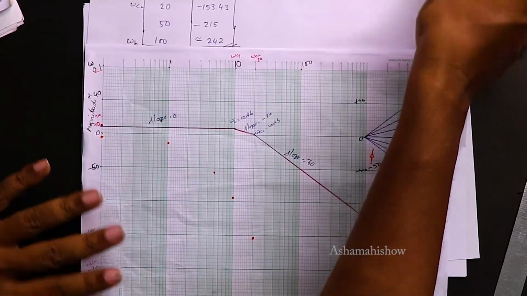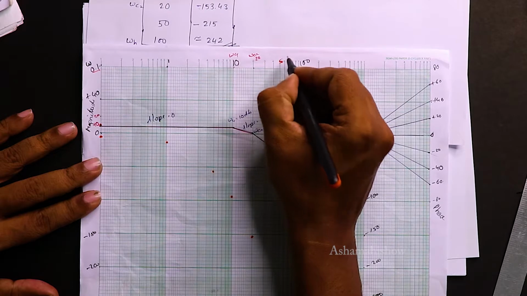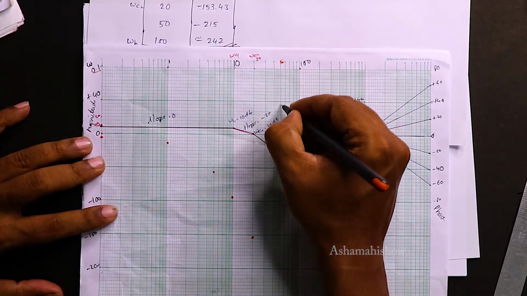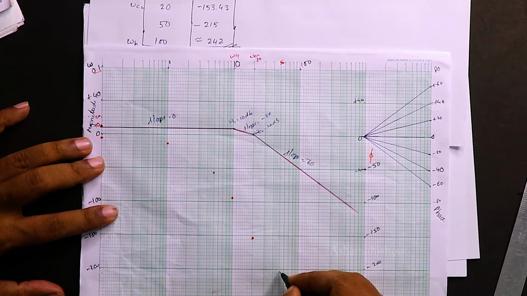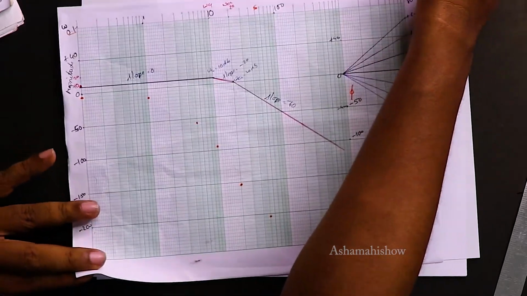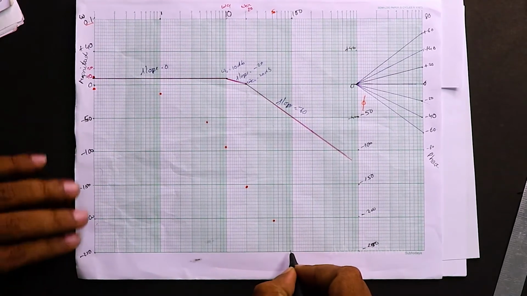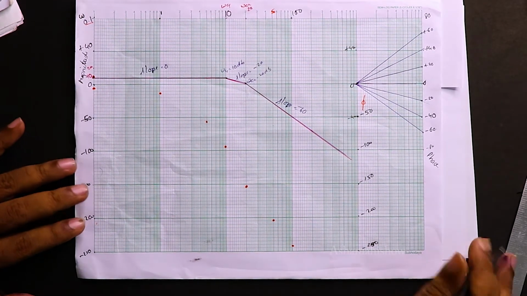For 50, it is minus 250. So this is my 50. This 50, it is 250. So where is 50? Like this. This is 50 value and this 250. Right. For 100 it is 240. So for 100, 242. 100 is a line, which is very nice, and 242 will be somewhere here.